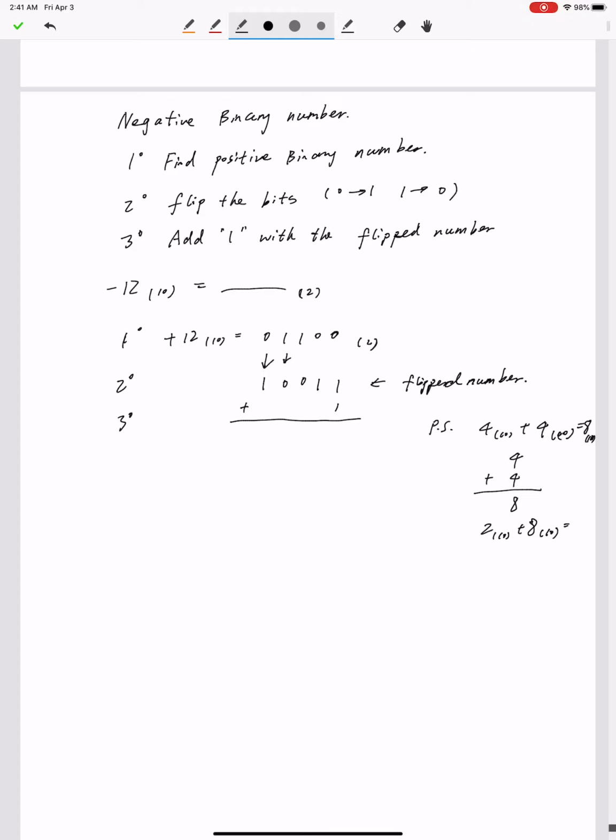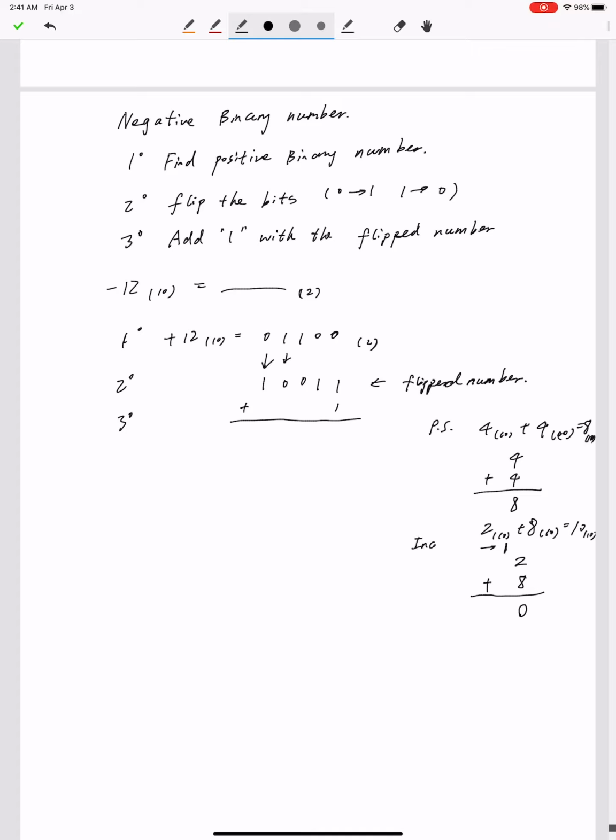So you can also do that. That equals 10. Very simple. But when you do the summation, you actually follow this way. You put 2 and 8 in the same column, and then you do the summation. 2 plus 8 equals 10. But here, you write 0 here, and you write an